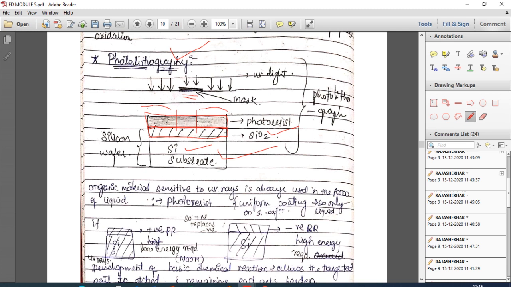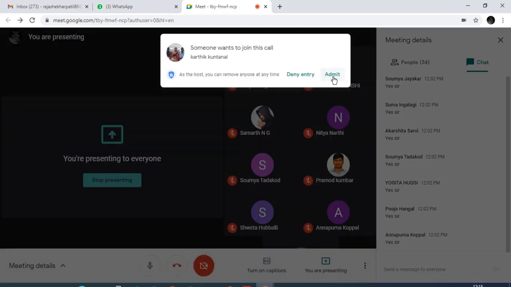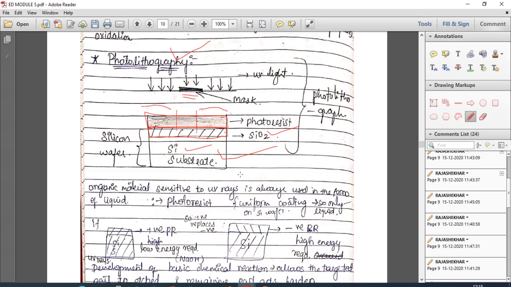In photolithography, the softened part allows the user to etch or remove that part for the further process. This process is carried out at a very low temperature and performs the process called photolithography. I hope it is clear for everyone. The main intention is that we want a particular part to be softened and a particular part to be hardened.